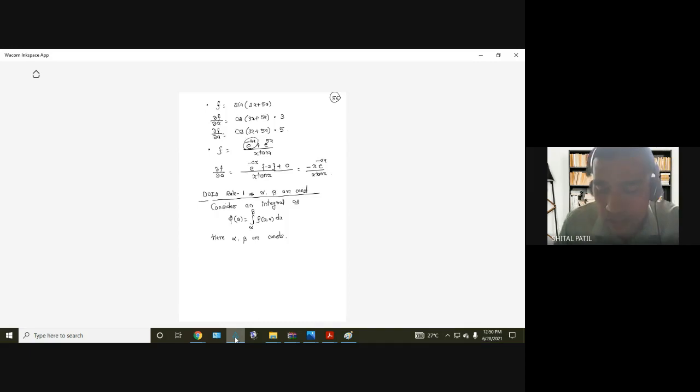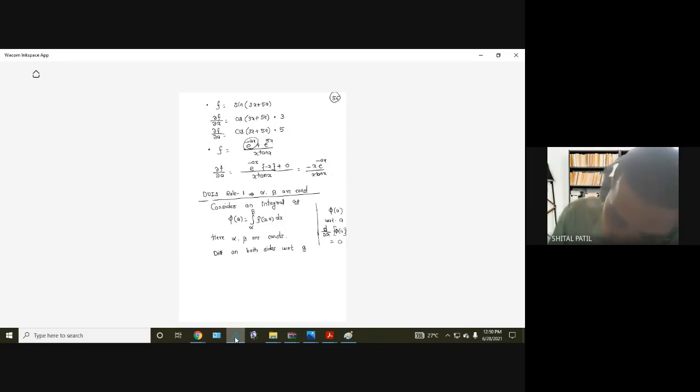Now see, here I cannot differentiate with respect to x. Tell me, if I differentiate phi of a with respect to x, suppose I obtain d by or del by dx of phi of a, what will be the derivative? 0. It does not contain x, so the derivative will be 0. So what do I have to do? Differentiate on both sides, not with respect to x, this will be wrong, but with respect to a.